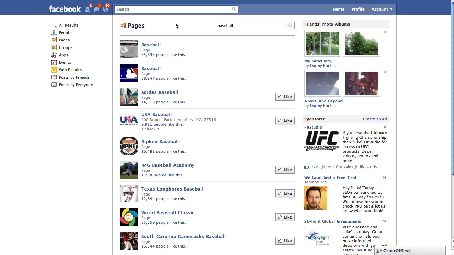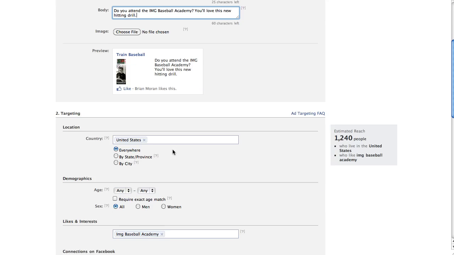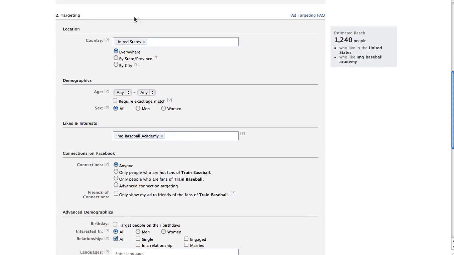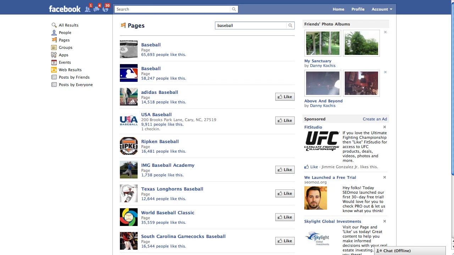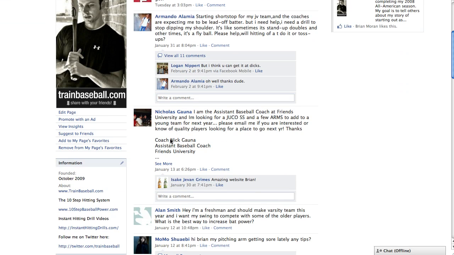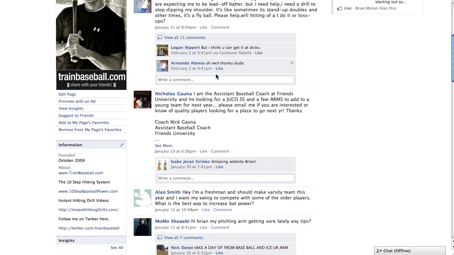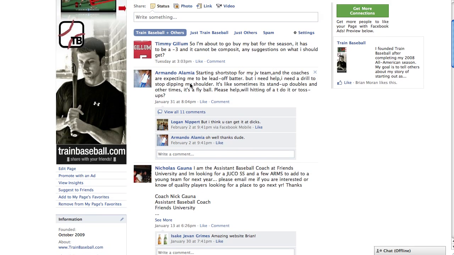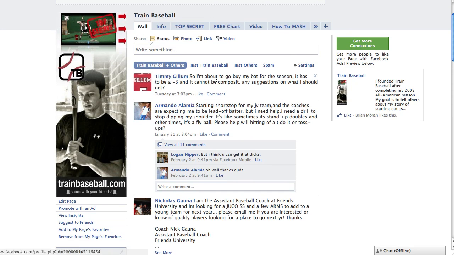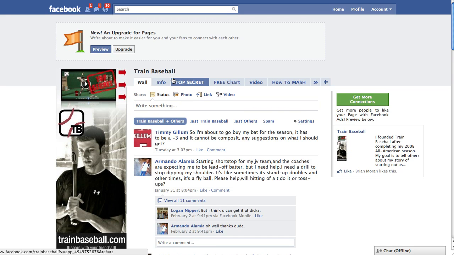Last little trick, obviously showed you the typing trick we did in here, the Facebook search trick. The second thing I like to do is I see who's really active on my page and try to find people that I think are spending a lot of time on Facebook and have explored other pages. So I'll start talking to some of these people and try to become friends with them. The reason I want to become friends with them, not only to build that relationship and get a lot of good feedback from people, your customers, but